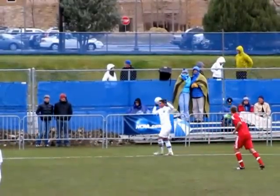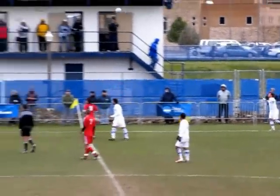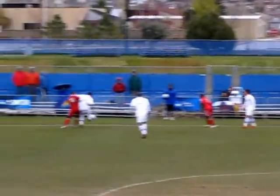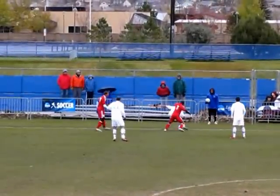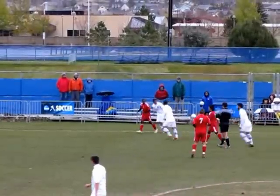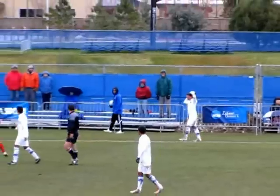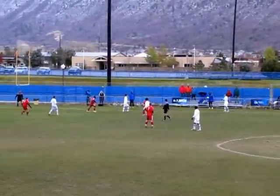go out to the eastern side of the field here, but luckily touched by Incarnate Word before it goes out of bounds, and that'll be a throw into Fort Lewis. An attempted head-on. Alexander has it, the forward for Fort Lewis. He lets the ball roll out of bounds, and yes, it is a Fort Lewis throw-in about 40 yards out from that corner flag. Let's see if Fort Lewis can make something of this as they try to go forward